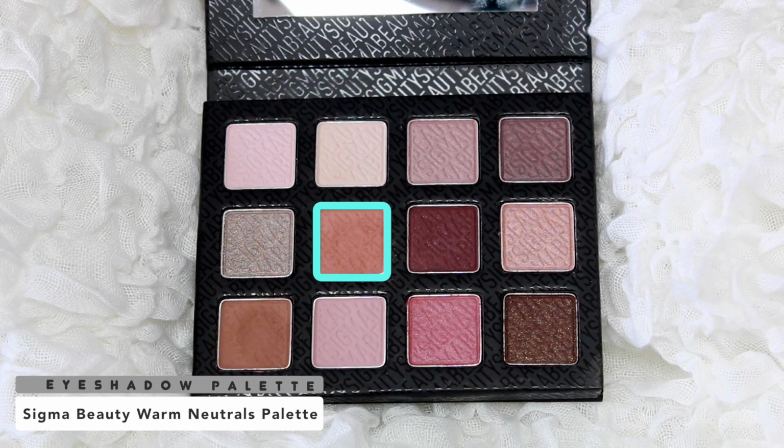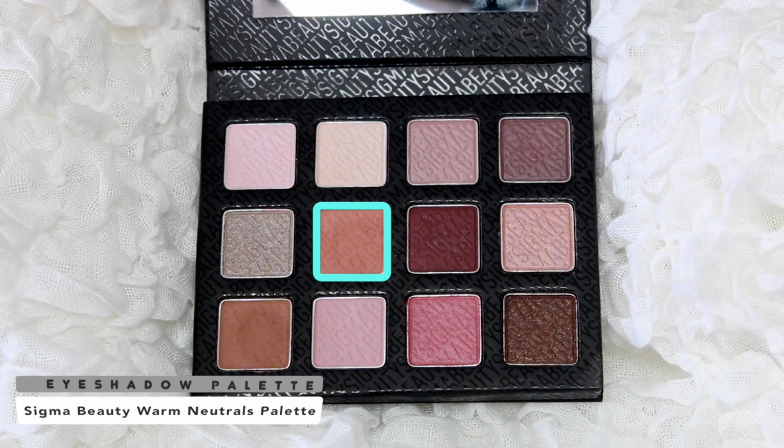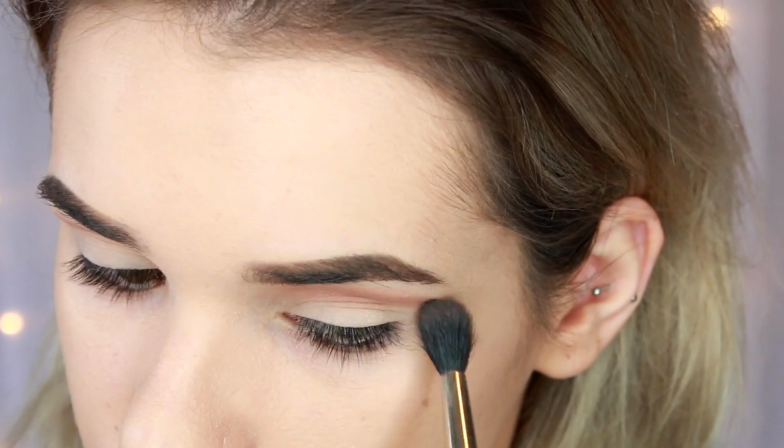Now I'm moving on to shadows. We're going to let our face just hold off for a second. I'm going to use Sigma Beauty's Warm Neutrals palette. I've been loving this palette, you guys. I just recently got it and the colors are so pigmented, and I think it's such a good combination of colors in the palette. So I'm just starting out with the lightest brown as my transition shade, and I'm using